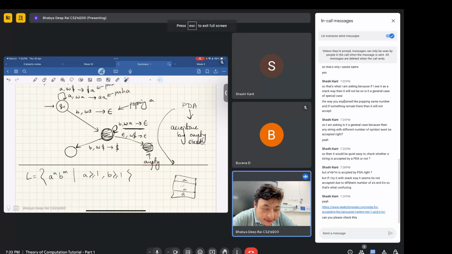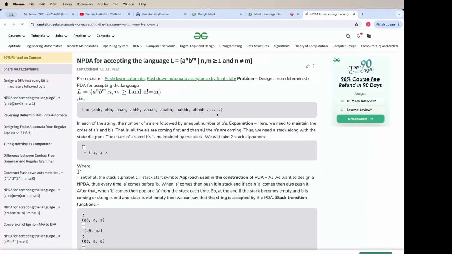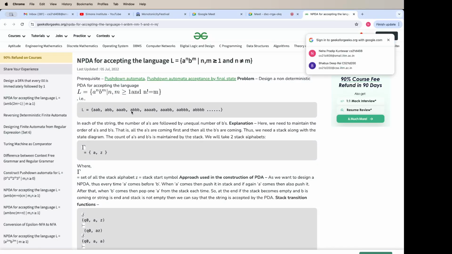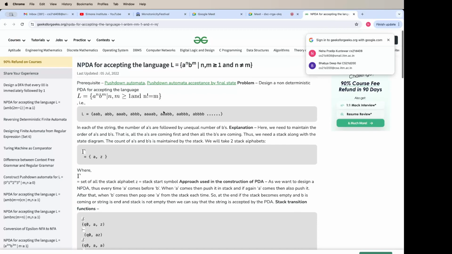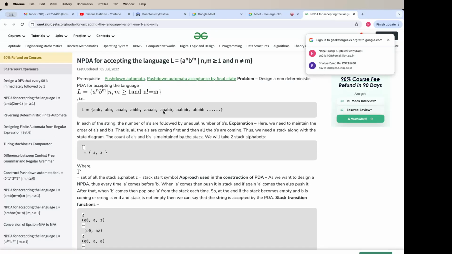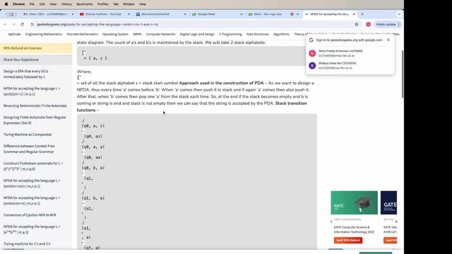Okay, so wait, you sent me a link, please check this. And n factorial is equal to m, and